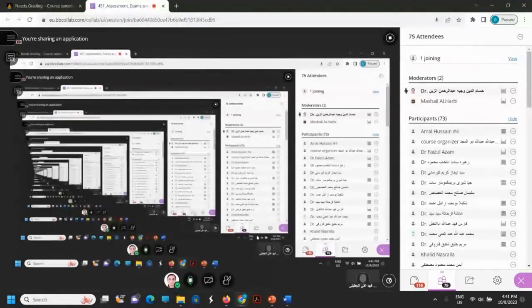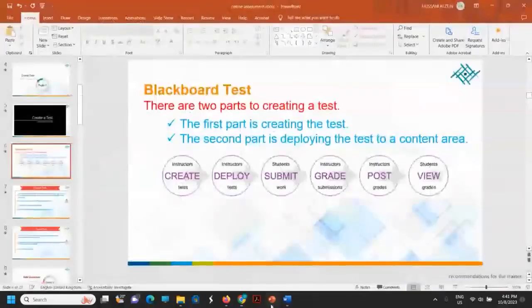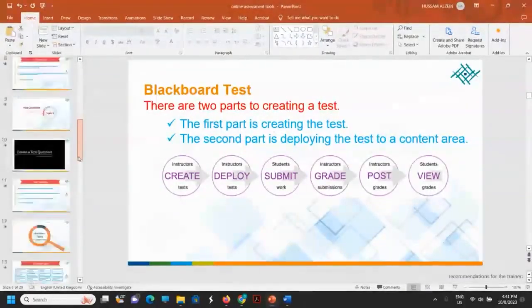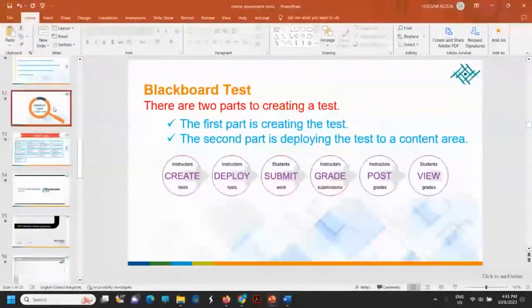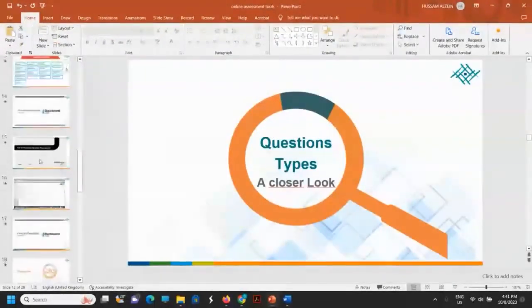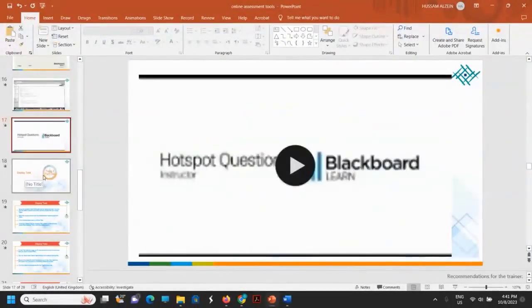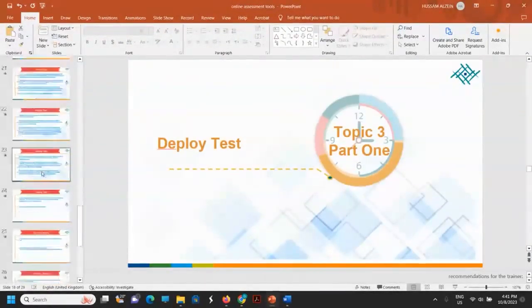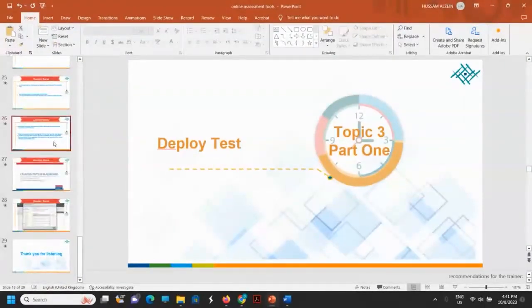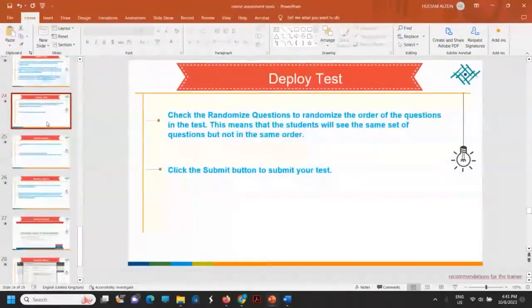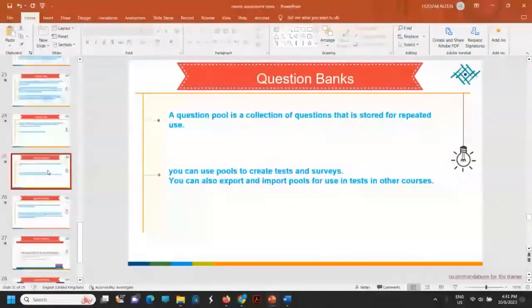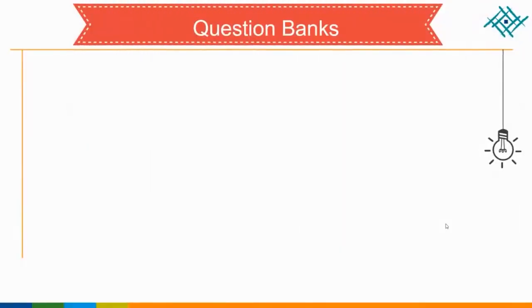Now let's move to question banks. How to create question banks. After deploying the test, okay, question banks. What is question banks on Moodle? Question banks on Moodle,